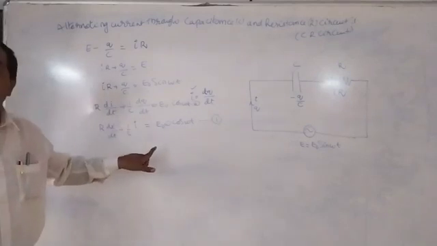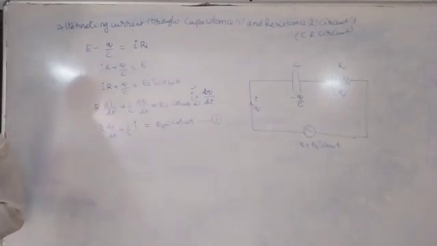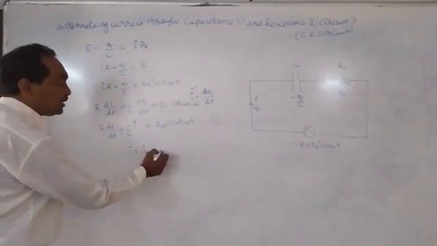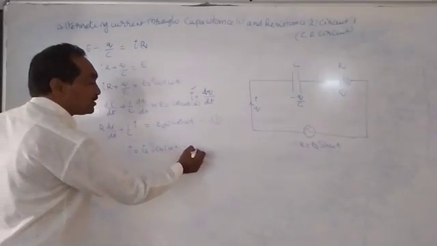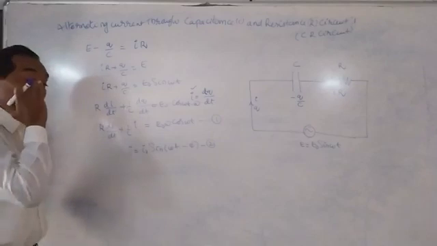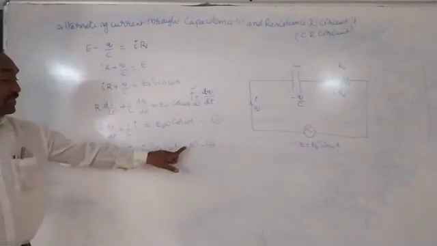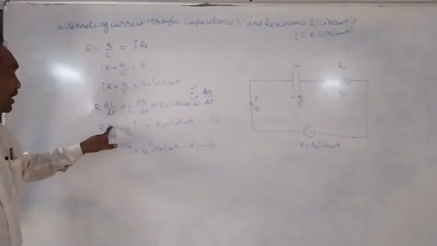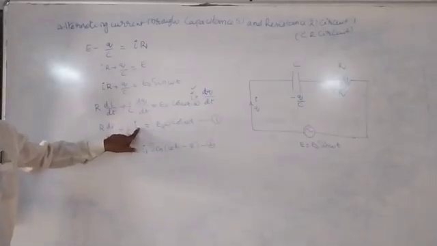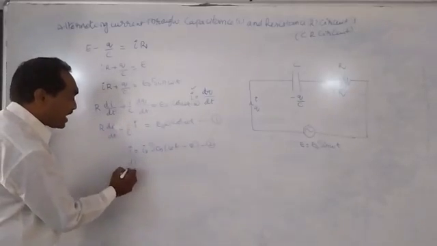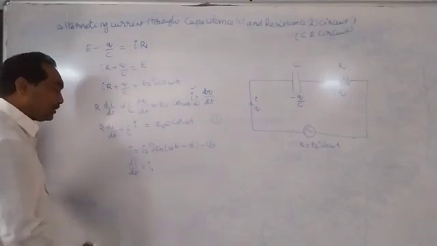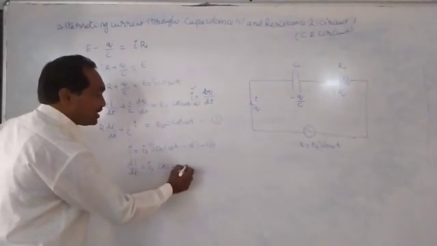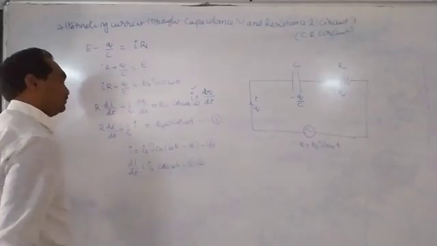Now we want to solve this equation to calculate I. For this purpose, the trial solution we take is I equal to I naught sin of omega t minus phi, where I naught is the maximum current, a constant, and phi is the phase difference, also a constant to be determined. So I is already there. Now we differentiate this equation: dI by dt is equal to I naught times the differentiation of sin of omega t minus phi, that is cos of omega t minus phi into omega.